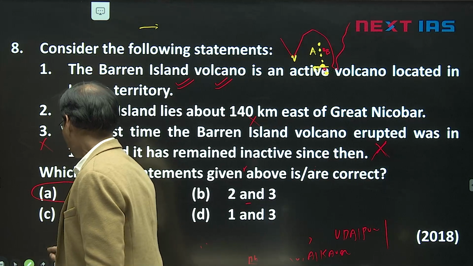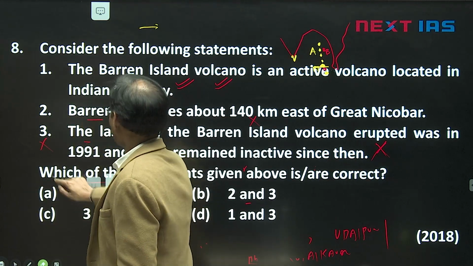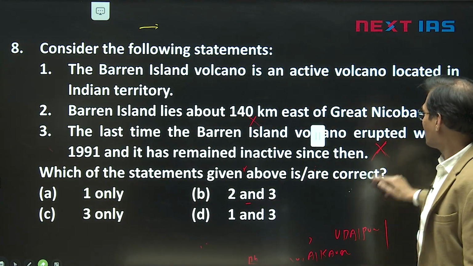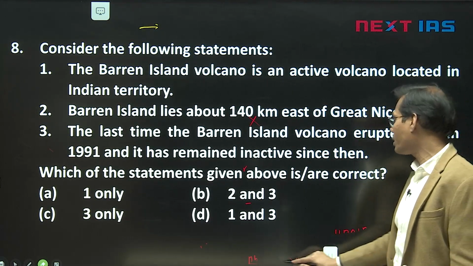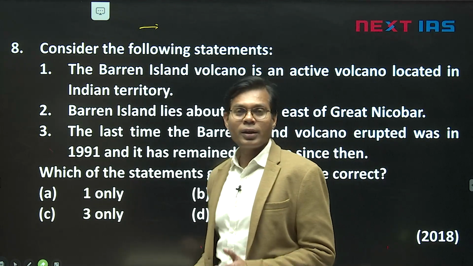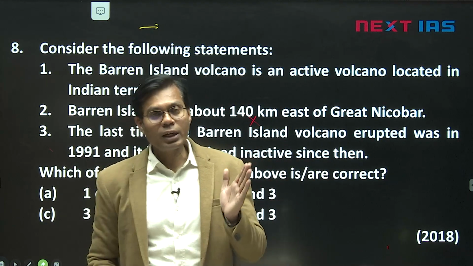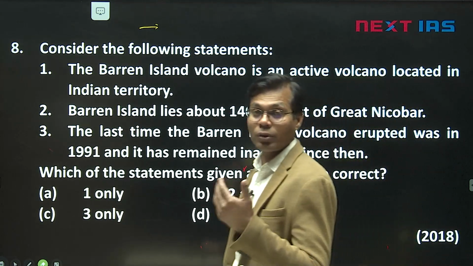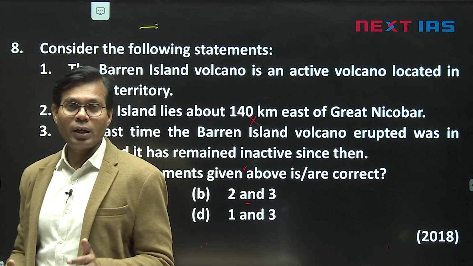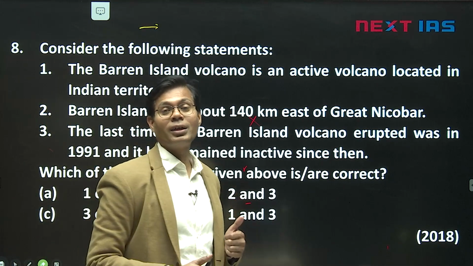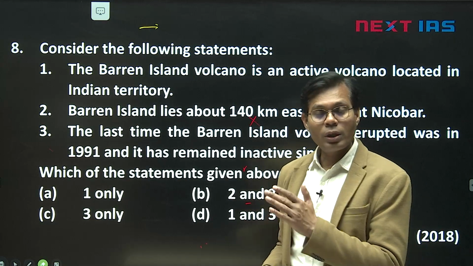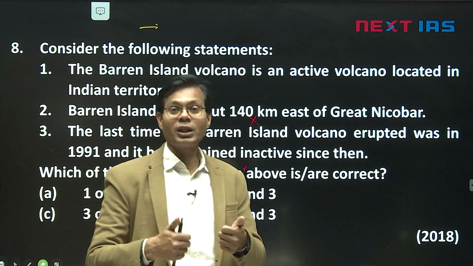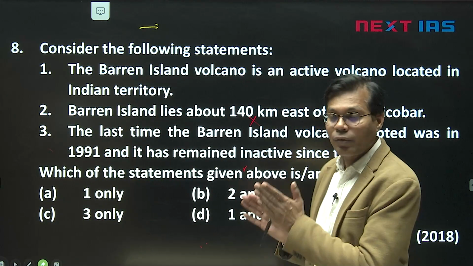So let's see, after the Barren Island question, many questions in the past also, if you see the UPSC trend, they ask questions on Barren Island: that it is an active volcano, on which side Barren Island is located, and like that. On Andaman Nicobar, we have seen several questions. It is one of the reasons that Malacca is straight southward, and in Indonesia, a tsunami also hit in that area. It was in the news. And also India is trying to develop Great Nicobar recently, with lots of investment, a 72,000 crore rupees project. So you have to link current affairs with your concept.